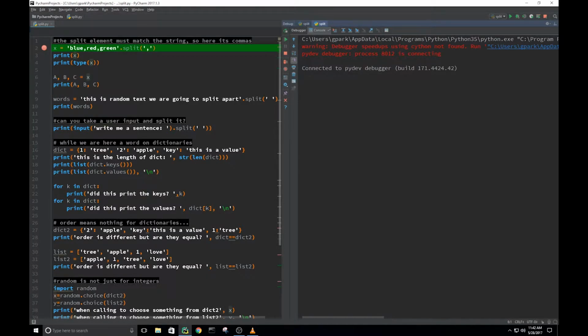So you can see up top here, we're starting on line number 2, x equals blue, red, green. Now we just have those in quotes. So we have a string, blue, comma, red, comma, green. The comma is important because then we're putting on the .split method. And what we have here in parentheses is we're telling split that what we want broken up is separated by a comma. And what this is going to do is output a list. So it's going to make a list for us utilizing these 3 or however many inputs you have on a